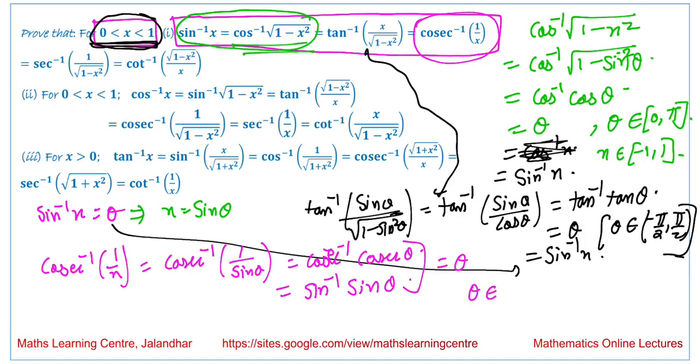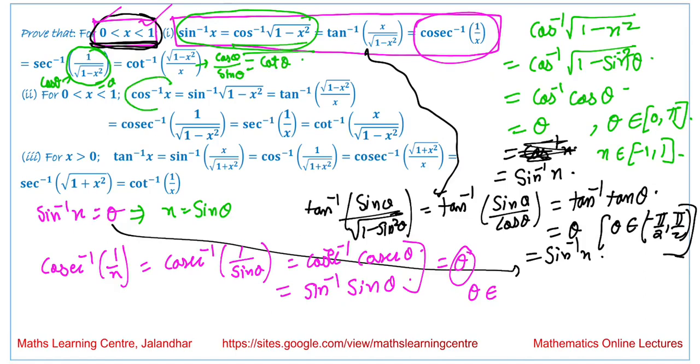Since it is 1 by x over here, the value of x is automatically not equal to 0, it is already assumed, and this value is equal to theta because these are the principal values. Similarly, for the other parts, when we have square root of 1 minus x square, this denominator will become cos theta, and you will get the answer as theta. In this case, the numerator will become cos theta, the denominator is sine theta, and the answer will become cot theta.